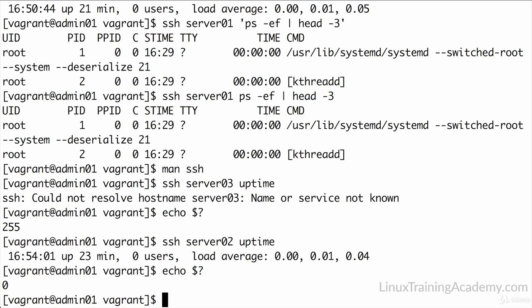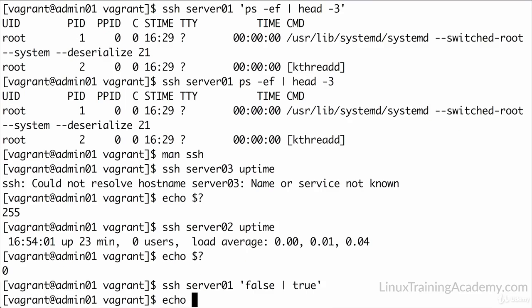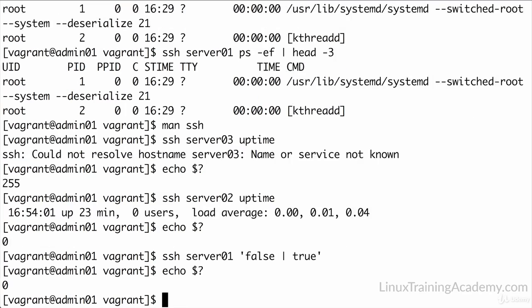There's a command called true that always returns true, or an exit status of 0. And there is also a counterpart to that, which is called false, which always returns 1, a non-success or a false here on the command line. So if we do this, ssh server 01 will execute false, and we'll pipe that to true, which doesn't do anything practically, but it's just to show us about these exit statuses. So if we do that, and then we do this, echo $?, we get a return value of 0,